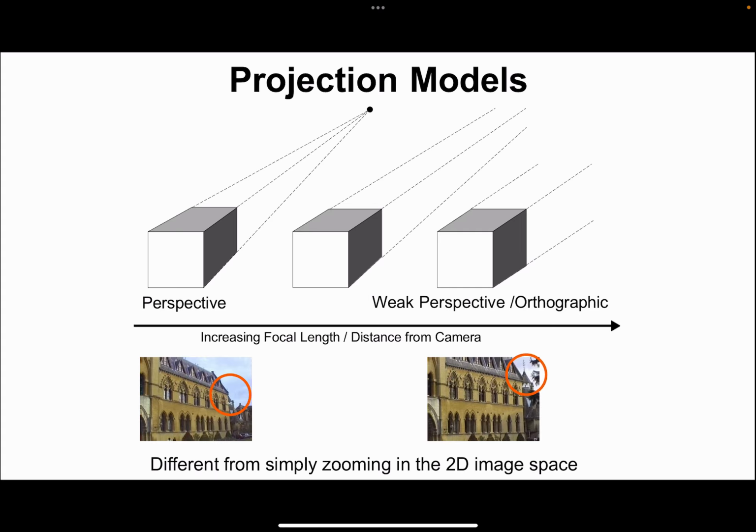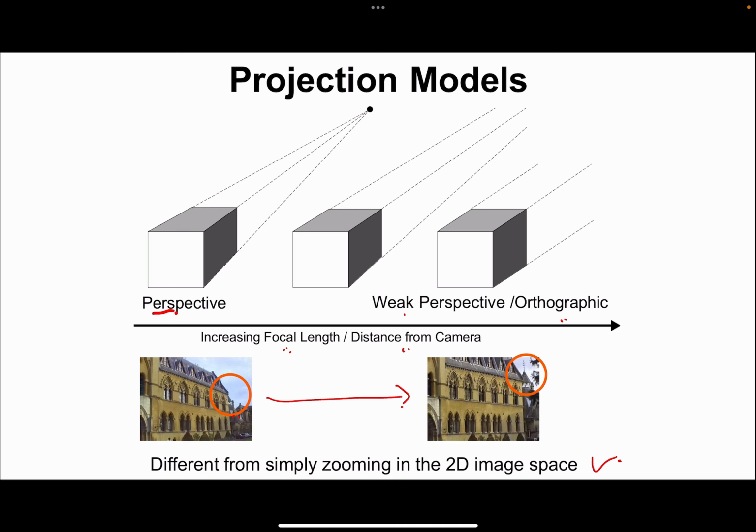And this shows some difference between what is happening in 3D and what is happening in 2D. This is perspective projection, weak perspective projection, and orthographic. As you can see at a glance, we are increasing focal length or distance from the camera. Increasing focal length means zooming. We will study focal length later, but you can understand this as zooming in the camera. That means zooming the camera is different from zooming in 2D space. That is the difference. So when you increase focal length, when you capture images,